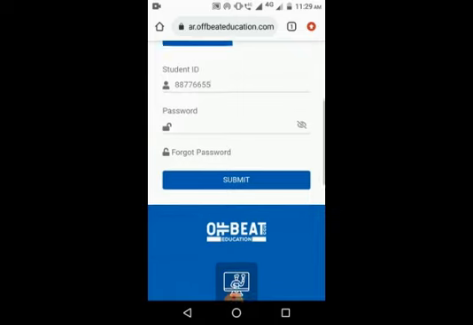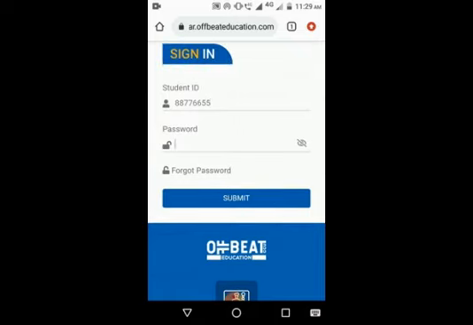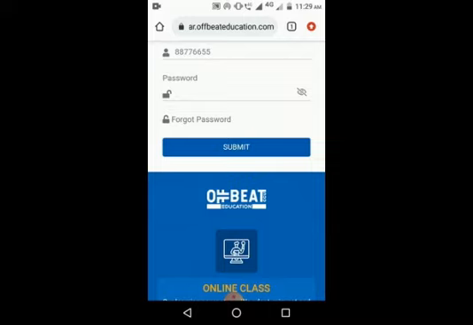Okay. Now we have to come to the password section. Now what password will we give? Before giving any password, you have to turn on this eye sign so that you can see what you are typing. Sometimes when you are trying to log in from a laptop, maybe your caps lock is on, so an error can occur. Sometimes on your phone the sentence case may be on, so you can face problems. So always turn on the eye sign so that we can see what we are typing.